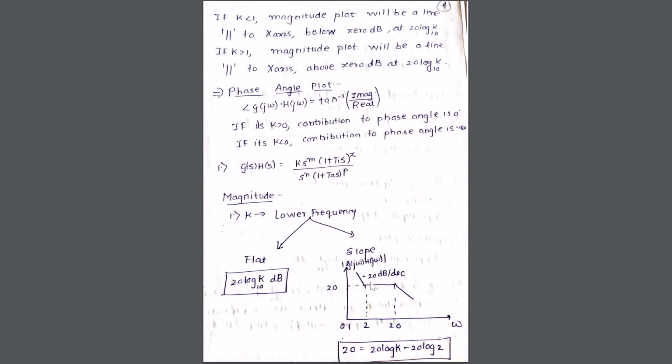So if you see in the graph, it was minus 20 dB, then the slope changed to 0 dB. So the point at which the slope changed for the first time is the value that you will be taking over here. Hence it's given as 20 log K minus 20, because it's a negative slope, into log of 2, where 2 indicates the point at which my slope changed. I hope I'm very clear.